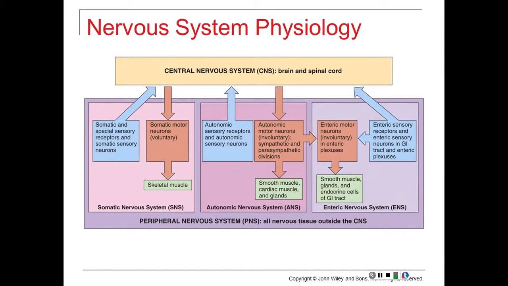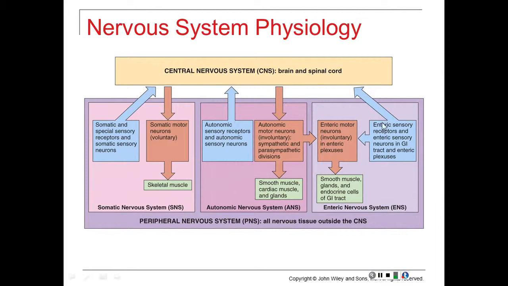Our central nervous system is then going to say, okay, we need to scratch our nose, or what have you. So these red or pinkish lines are representing the efferent motor pathways. The somatic motor neurons are going to carry that voluntary information to the skeletal muscle. These green boxes are called the peripheral effectors. In other words, these are the guys that are going to actually move or respond to the central nervous system's